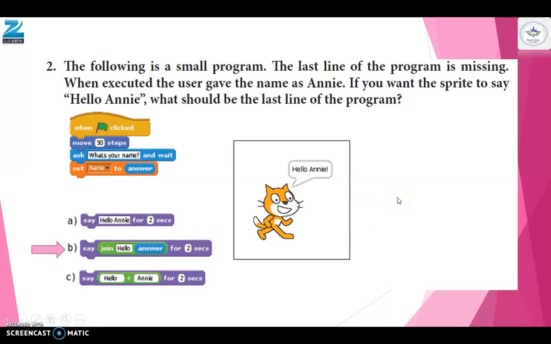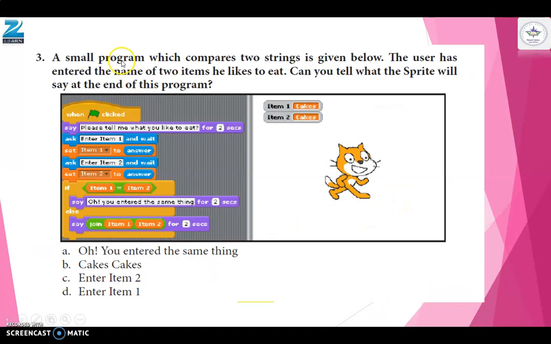Okay, now move to next example. A small program which compares two strings is given below. The user has entered the name of two items he likes to eat. Can you tell what the sprite will say at the end of this program? Okay, what does this program say? Let's understand. Please tell me what you like to eat. Then enter item 1, then enter item 2.